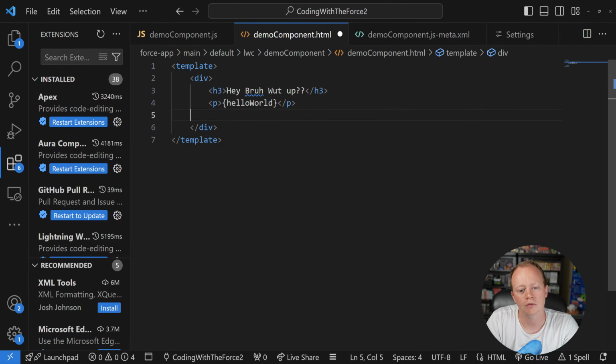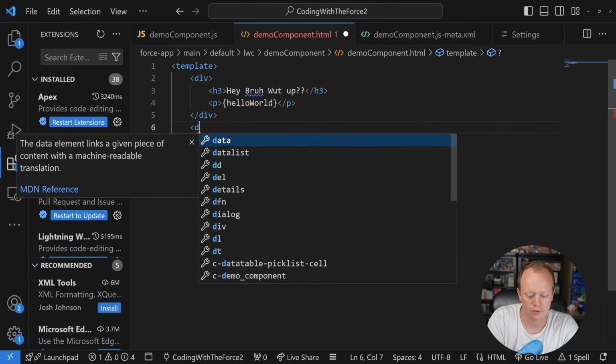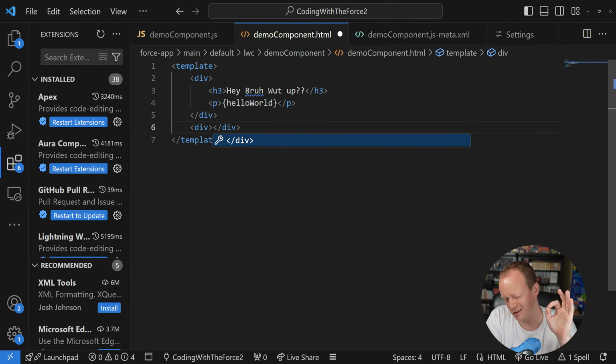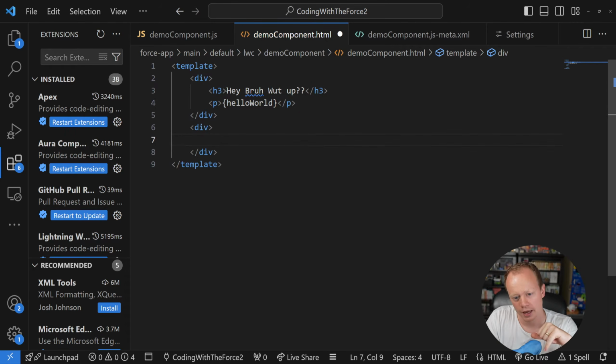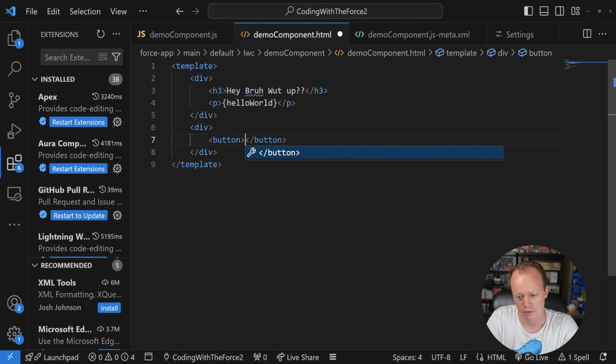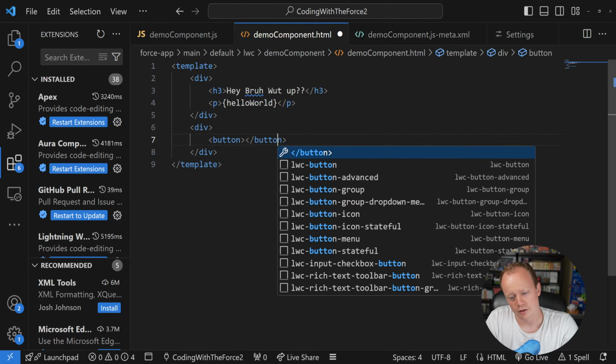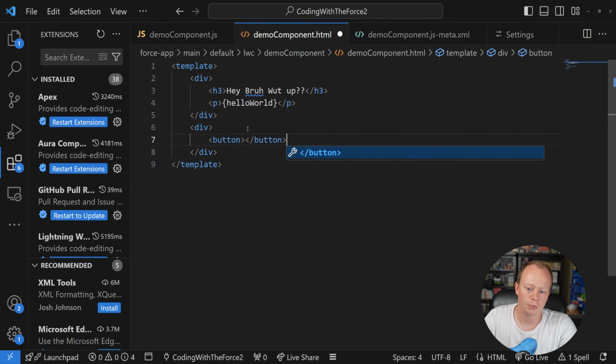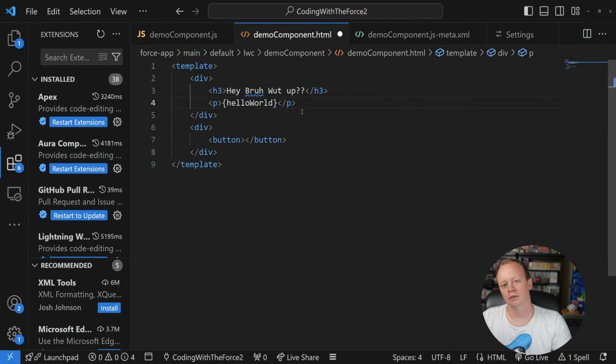And then maybe I want another div for some reason because I'm going to do some styling, which we're not going to do right now. And in that div, I want a button. And so now I've got this button, and I've got this header tag, and I've got this paragraph tag. And so the question is, how is that going to get loaded into this tree or this parent-child relationship? Well, as we'll see in just a minute, once we save this and then we go take a look at the page,